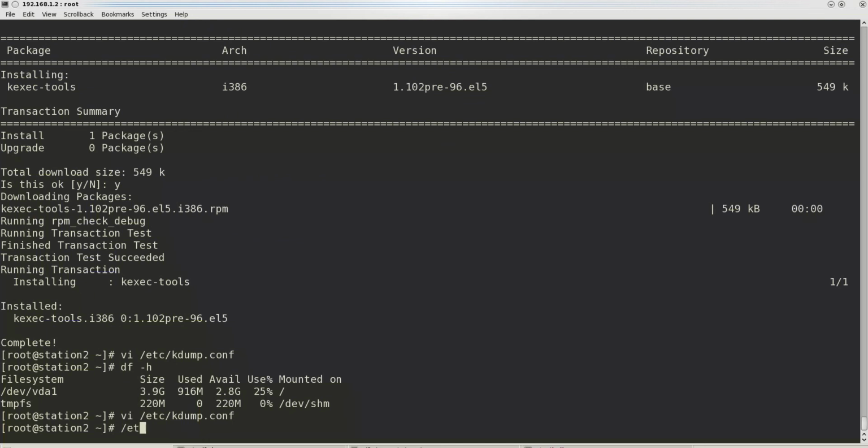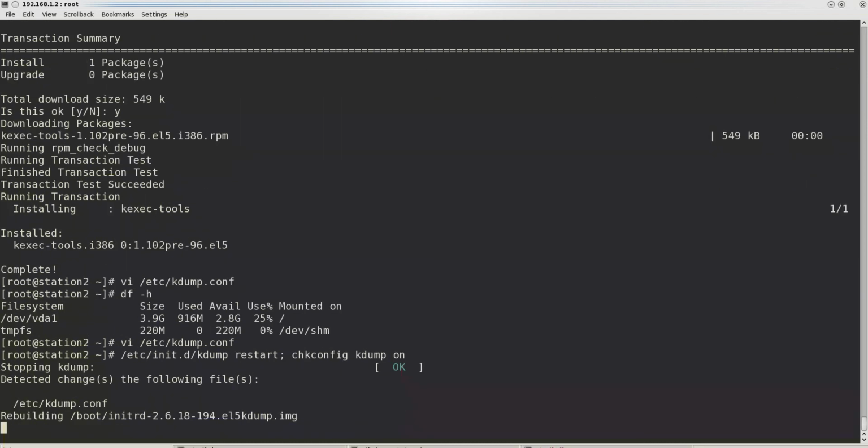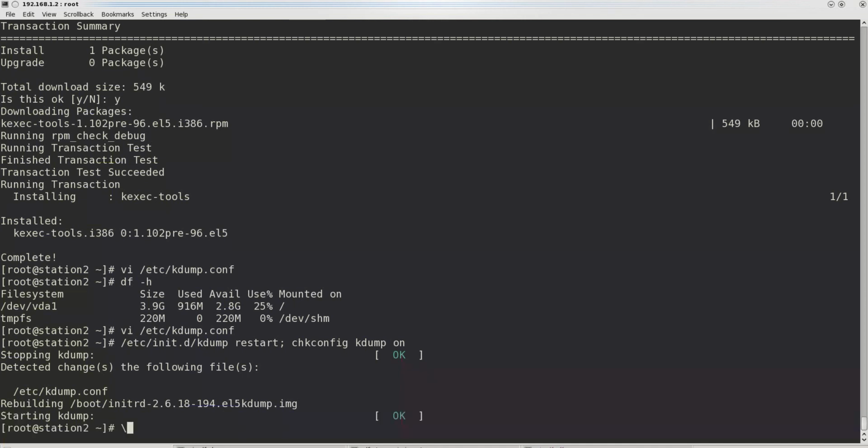Now kdump has been enabled on the server, and if the server crashes after this point, a crash dump will be created, a VM core will be created, that can be analyzed to know what was the reason behind the kernel panic. Let's trigger it manually through some commands.